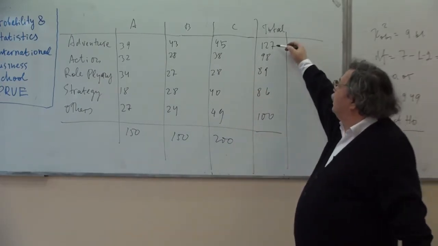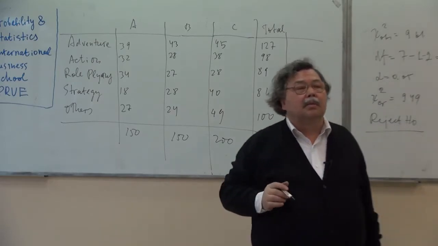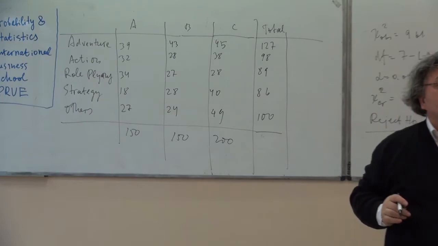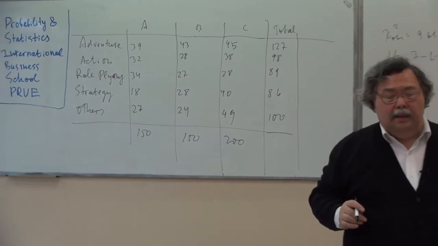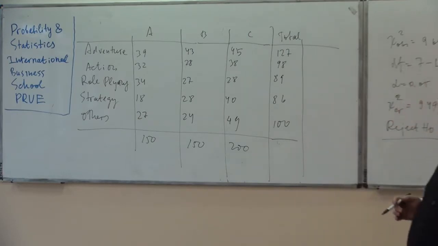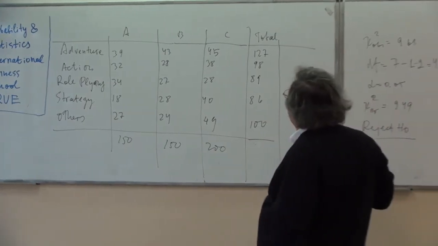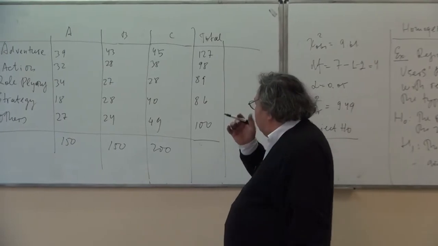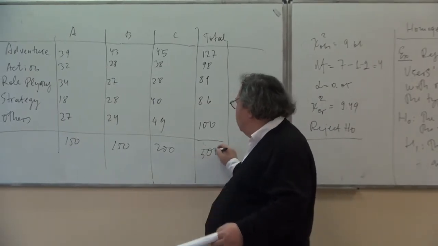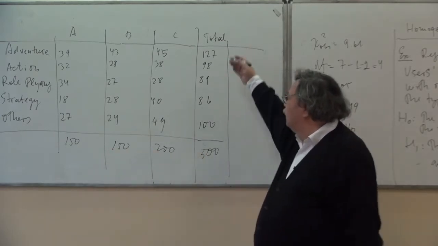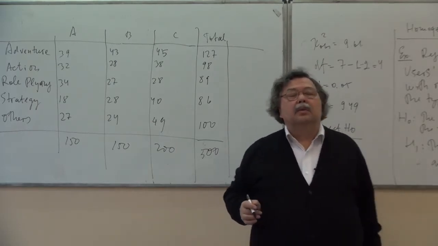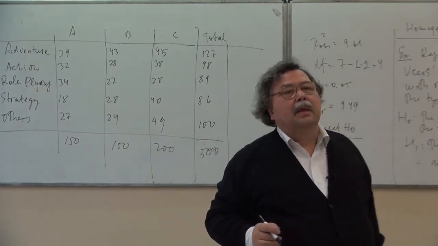So, for example, 127 is the total number of users in all the 3 regions that responded, in the sense that their preferred type of game is the adventure game. All right, and the grand total here is 500, which is the total of these numbers and the total of these numbers as well. All right, what do we do next? We say this, suppose